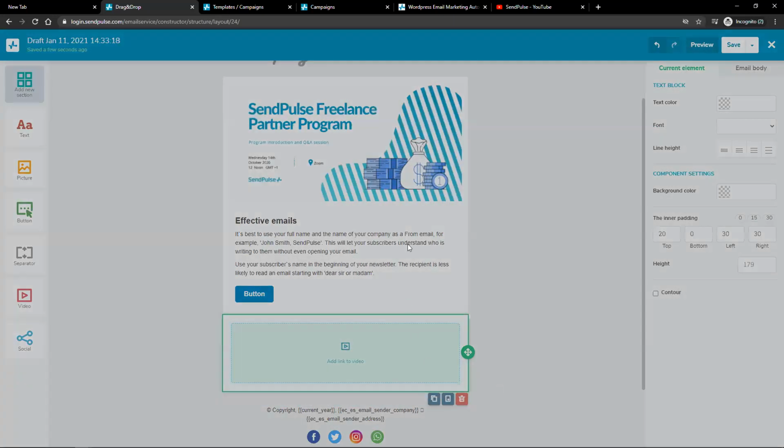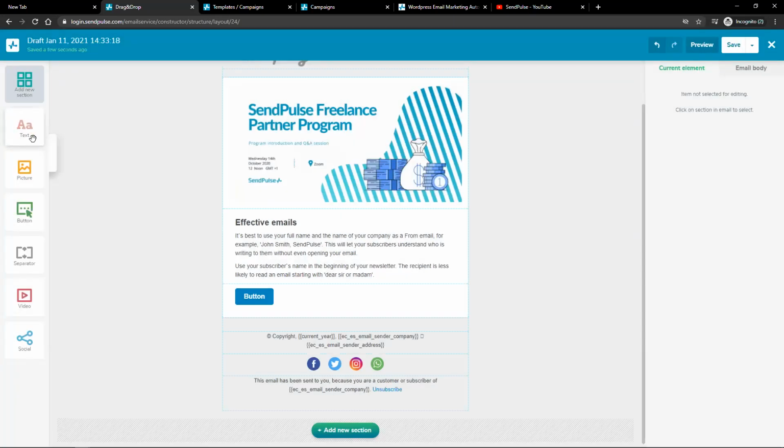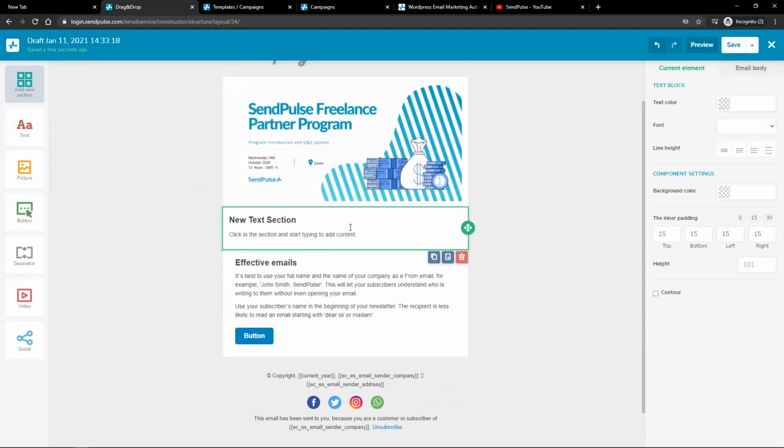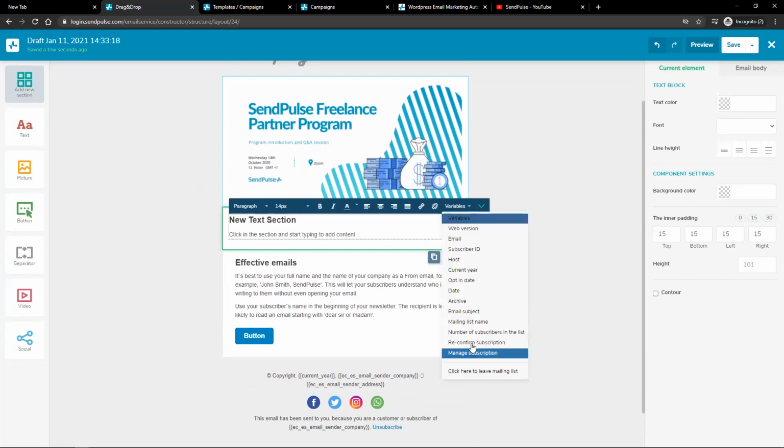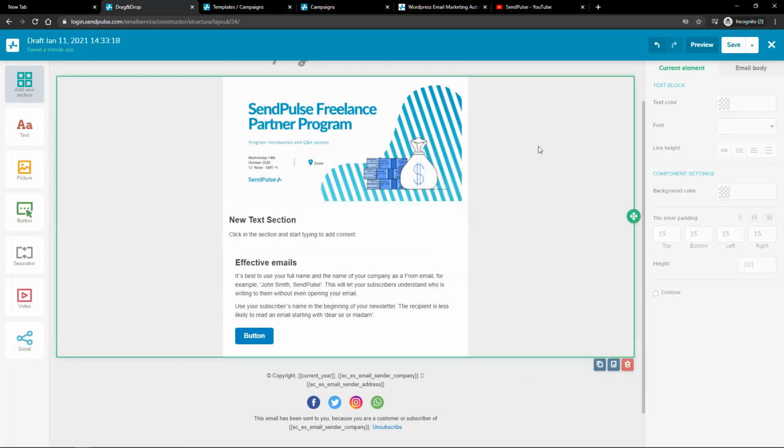So you can also add text and edit text by clicking inside it. And if you want to add variables like hello John, hello Kola, hello Victor, make use of the variables here. Just click on variables. On this section, you can add so much information about the email recipients right from here. So let's assume that we are done with creating our email